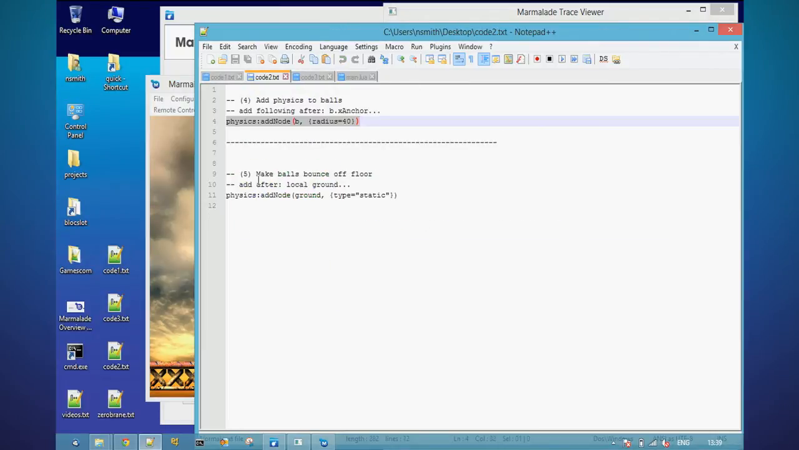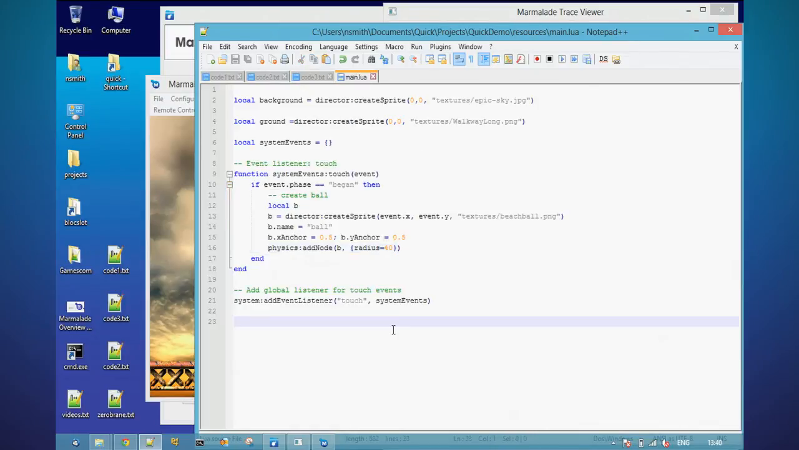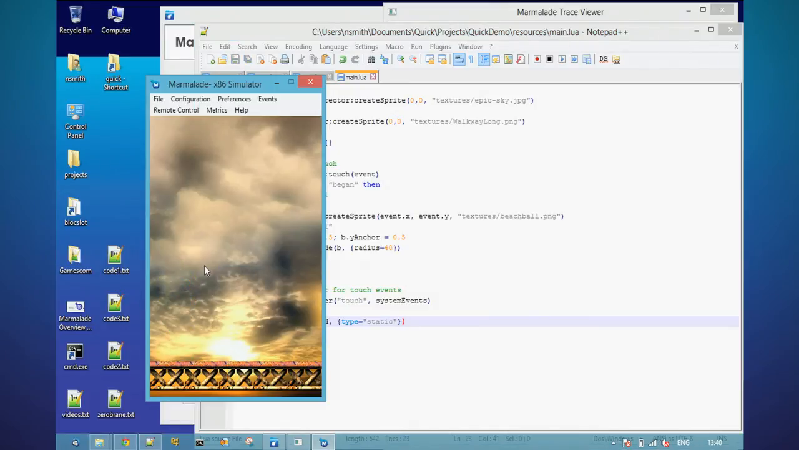And then to give them something to bounce off, we'll just add some physics to the ground as well. So the ground is going to be a static object, which basically means it doesn't move. So if I reload that,